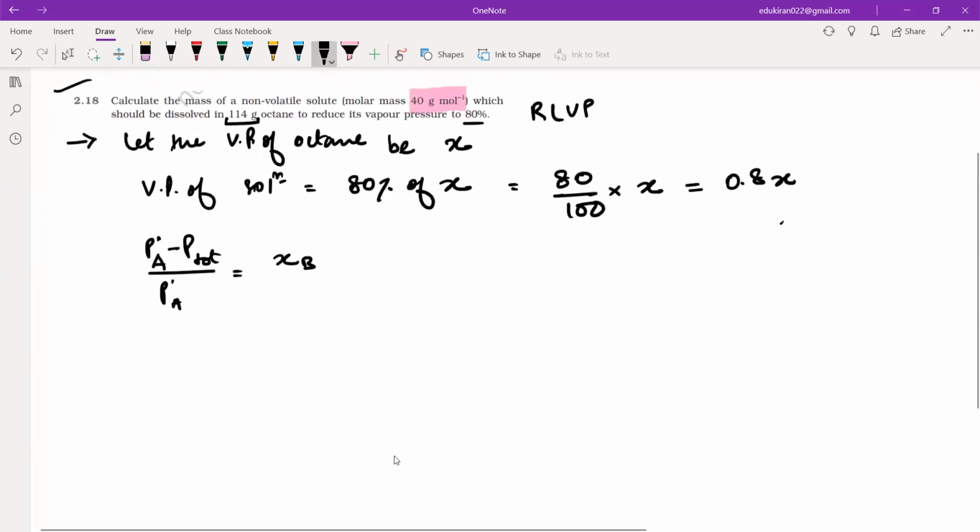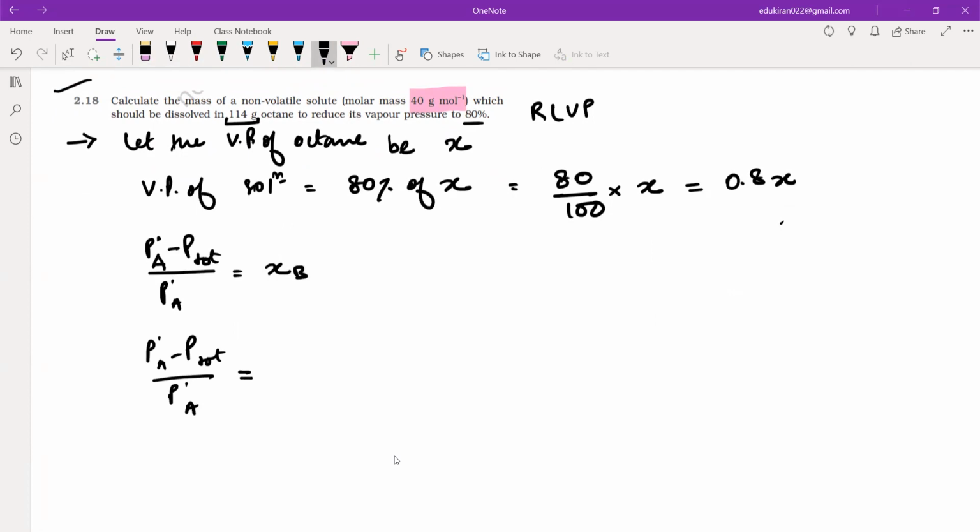Yes, Samaira. है ना? And also you have to use here one trick. P naught A minus P total upon P naught A is equal to chi B, and you will take chi B as NB upon NA. है ना? What you are assuming? Assuming NB is very smaller than NA. ठीक है? Now, what is P naught A? P naught A will be x minus what is P total? P total, that is P for solution, it is 0.8x